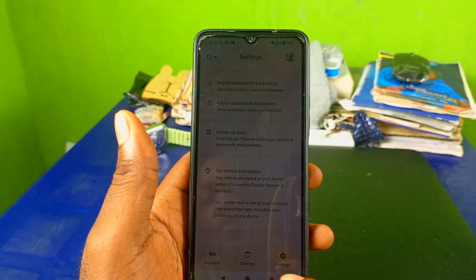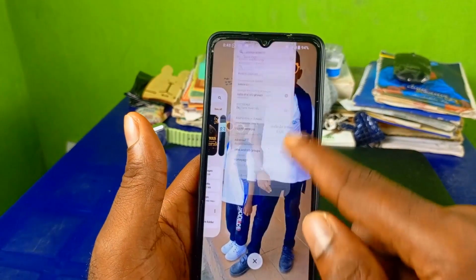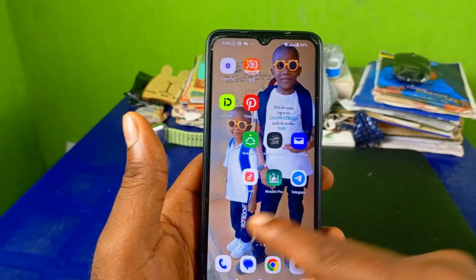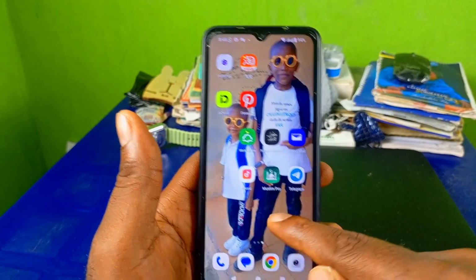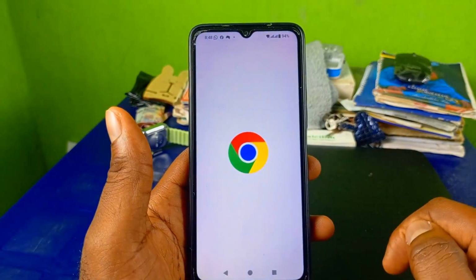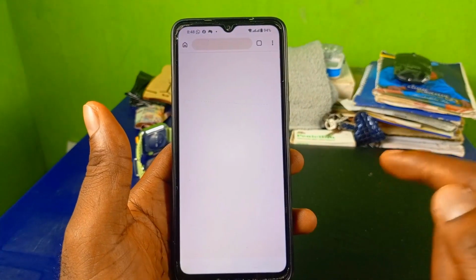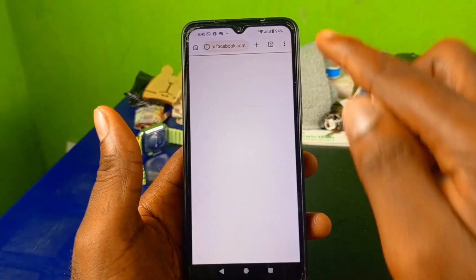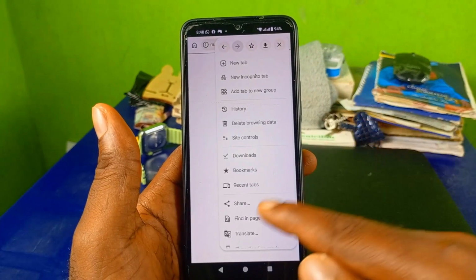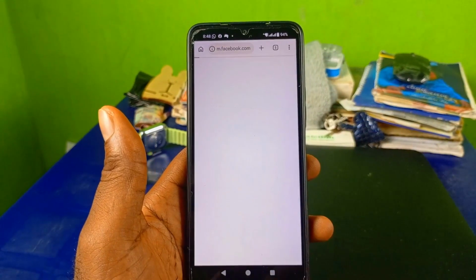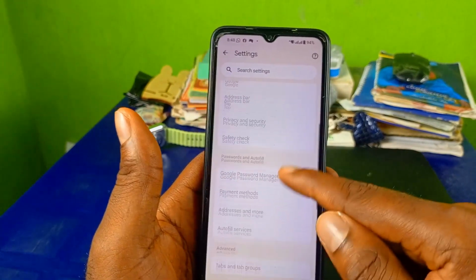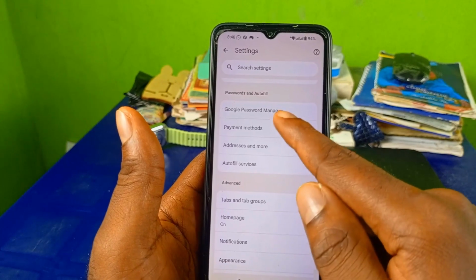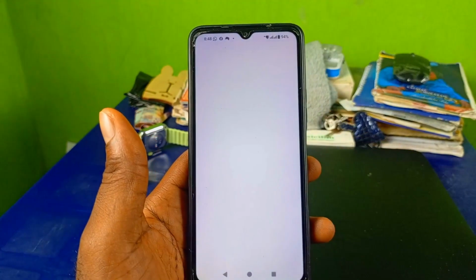The very first thing you want to do is, I'm going to start all over from the Chrome browser. So for that, what you need to do is to simply open up your Chrome browser. I'm opening up my Chrome browser right here. Once you have opened up your Chrome browser, the next thing you want to do is to click on these three dots, scroll down right here, proceed to settings, and the next thing you want to do is to scroll down right here until you get to Password Manager. Click on that,